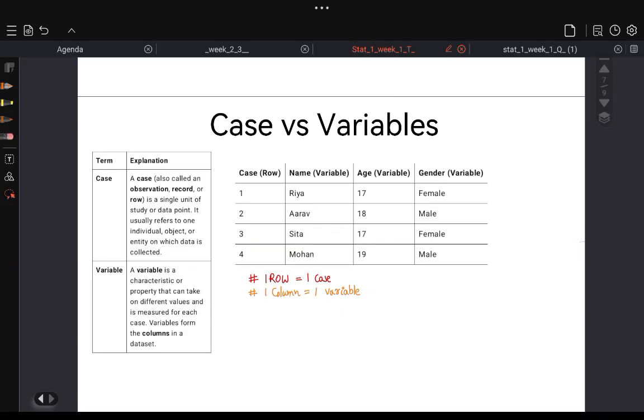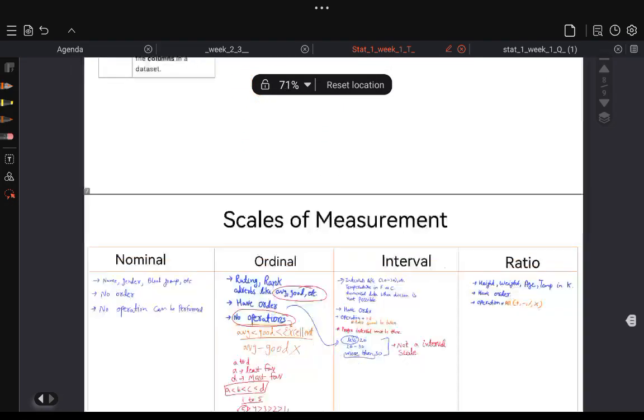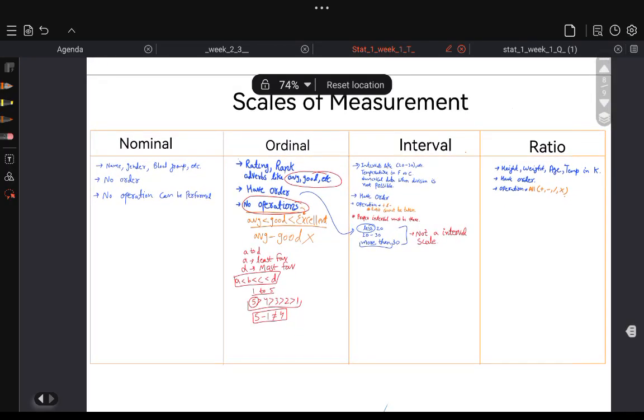Now we'll be looking at the last topic, that is the scales of measurement. See, for measuring something we need some kind of scale. For measuring a capacity we generally prefer a jar or beaker, which we measure in ml or liter. For measuring height we measure in a meter scale or millimeter, depending on the size or height. Similarly, for measuring different values we consider basically four scales in stats,